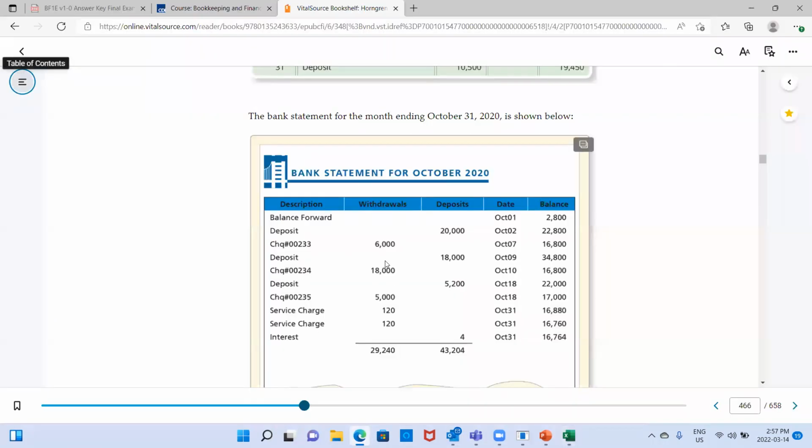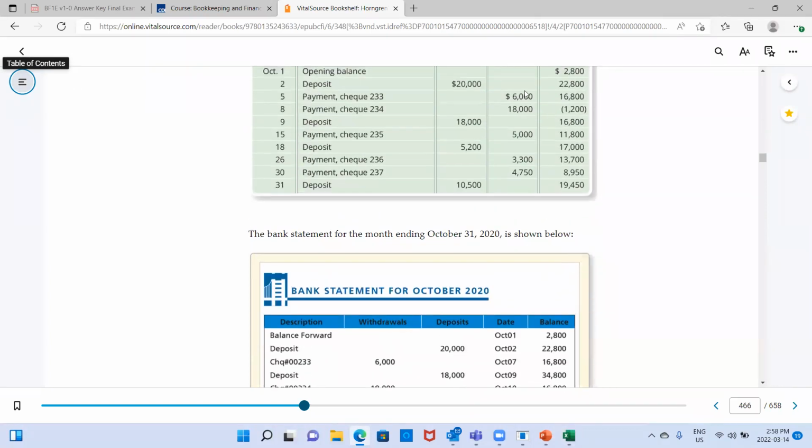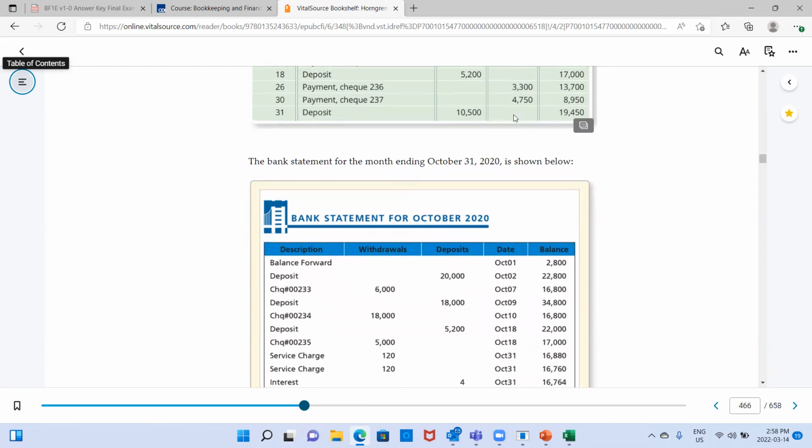When we take a look at the question, the withdrawal from the bank statements, we have $6,000 withdrawal, exactly matching our book. And then 18,000, and then 5,000 withdrawal, 5,000. And then that's it. So we actually have two more checks, 236, 237, that are in our book but not showing in our bank statements. So what do we need to do? We need to